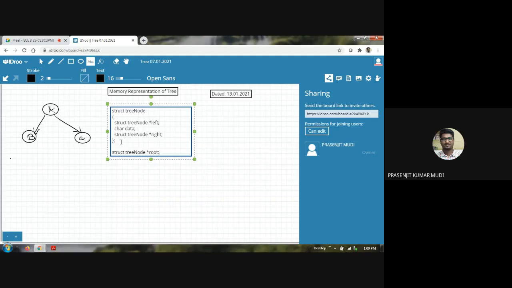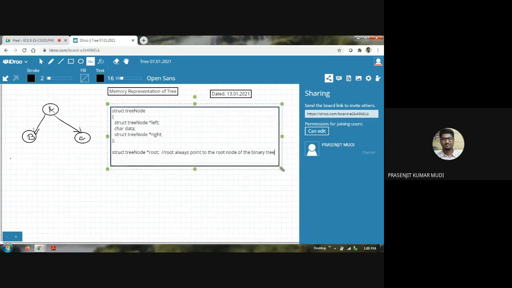Its job is to always point to the root node of the binary tree. These are necessary.